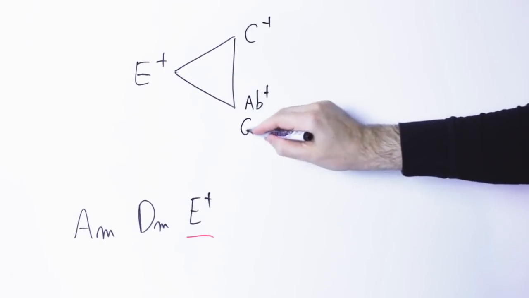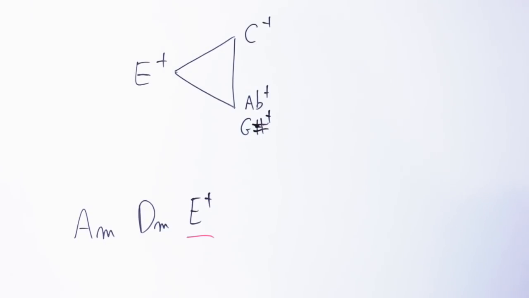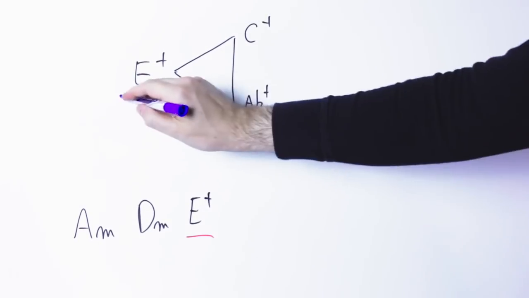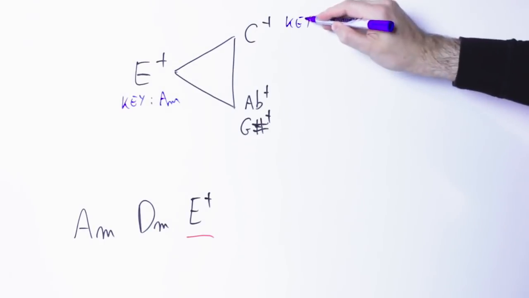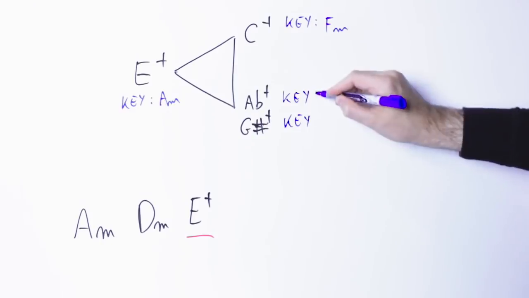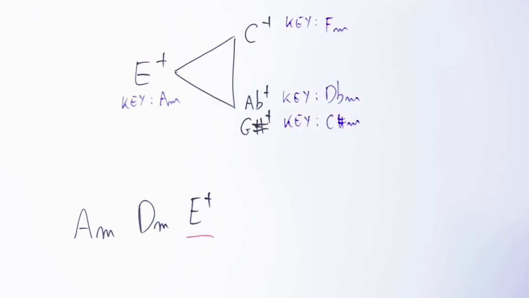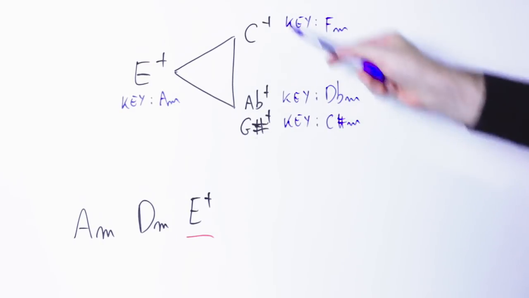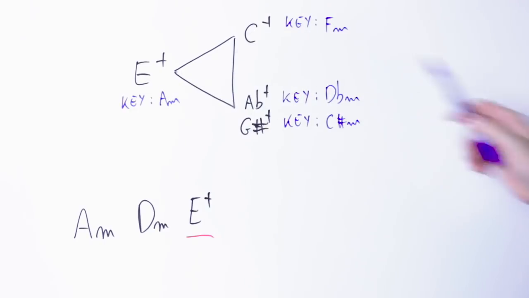It's an E augmented in A minor, it's a C augmented in F minor, and it's an A flat augmented in D flat minor, or if you want, it's a G sharp augmented in C sharp minor, same key. So I can move between any two of those three keys, A minor, F minor, and C sharp minor, by